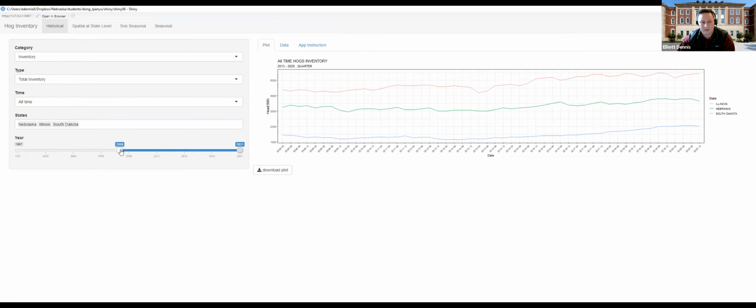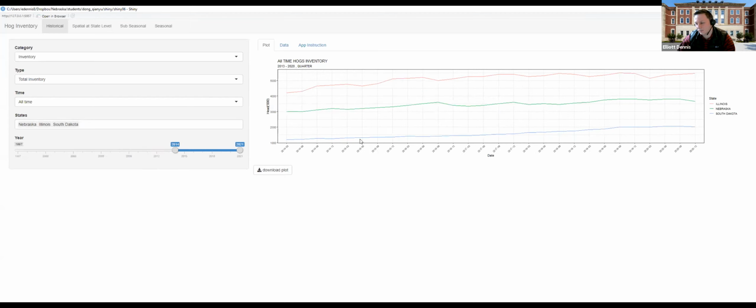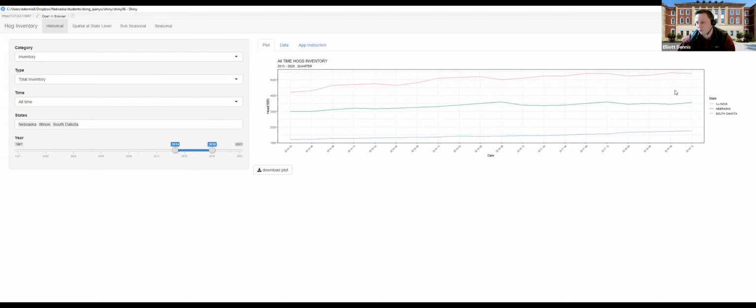And then down here, if I feel like, wow, it's looking really interesting over here, it looks like it's really starting to take off since 2014, I can come down here and just adjust that time and visualize the parts of the data that I want. So if I only want to view it from there, that would be an example of how to visualize that.